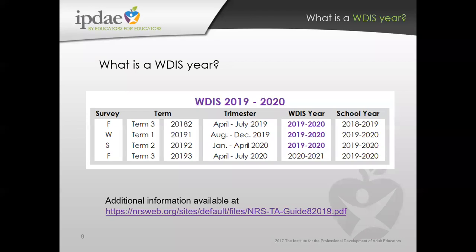There are really 5 survey periods in total, but for this particular training, we are going to focus on the 3 basic survey periods, since the other 2 address courses that kind of overlap across these 3 basic periods. So during these survey periods, data is collected with specific submission deadline dates for the state and federal governments. And by looking at the trimester column, you can see that these months correlate to the start and end dates